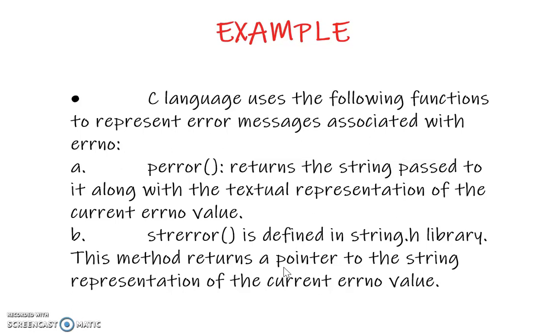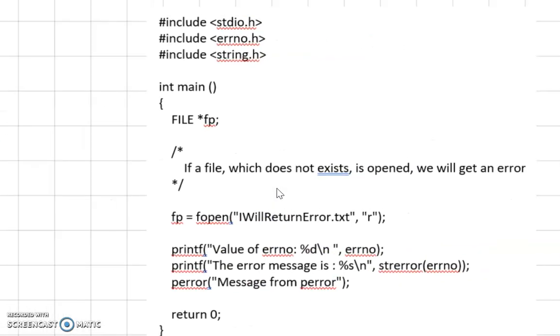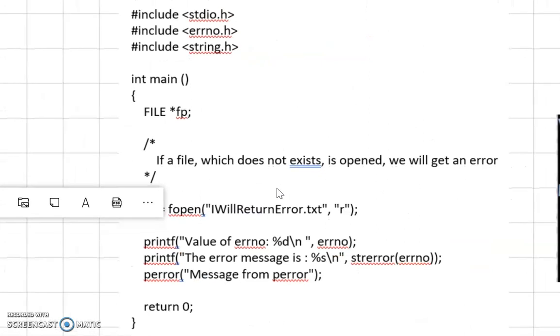You cannot return a whole string. So how can you give that message to the user? For that you need a pointer, because that pointer will take the first address of the string and then return it to the user. So these two functions we normally use while dealing with error handling.